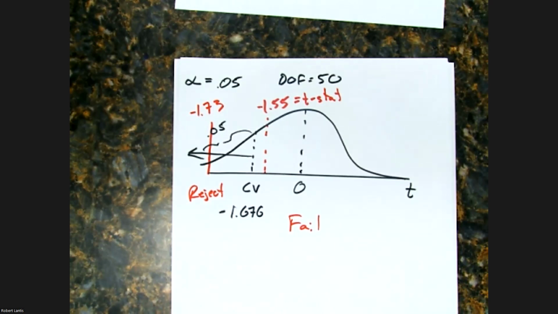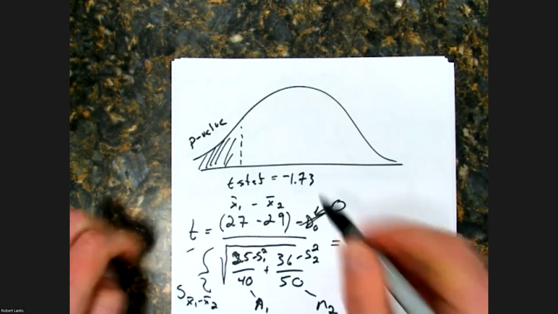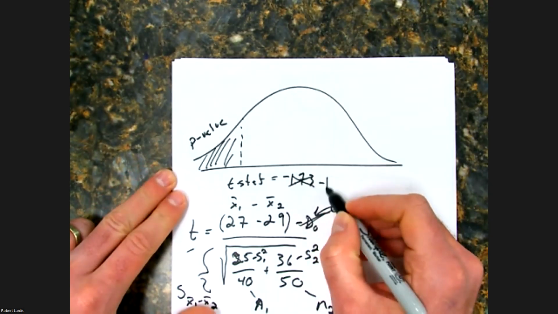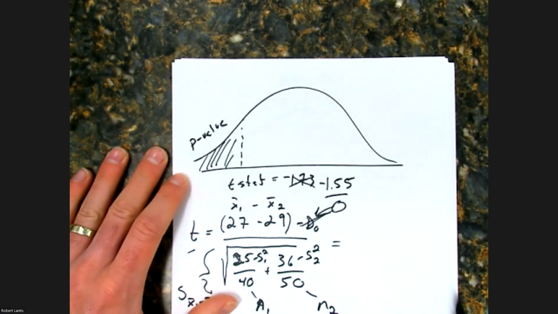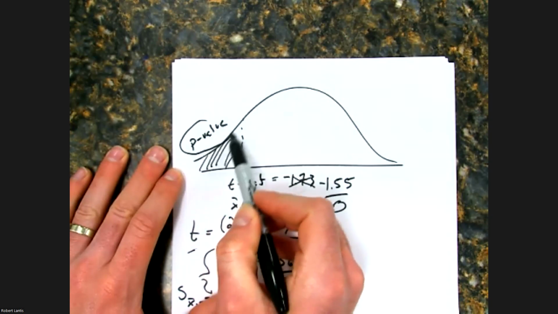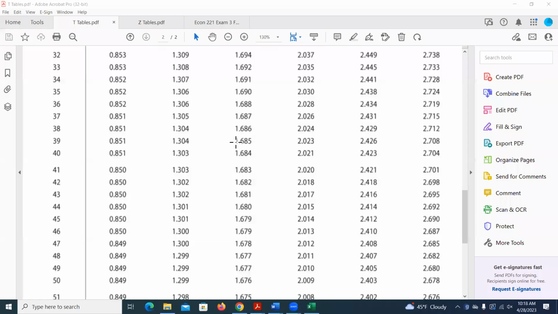Now, I think I alluded to earlier, what if I instead had that assumed true test statistic of negative 1.55? And this is where I'll mention, even if it wouldn't apply to this specific problem, I'll show you a little bit more of what I would do on the exam. Let's say I gave you this assumed true test statistic, and I instead asked you to find that p-value. So I'm working in the opposite direction where I know my t-value, and I'm trying to find the corresponding area in the tail. Well, the problem is if I look at a degrees of freedom of 50,